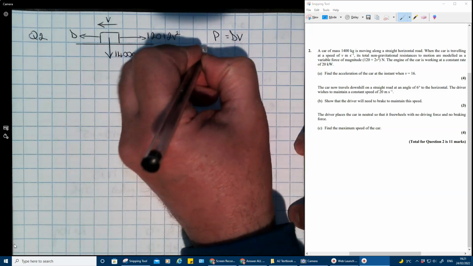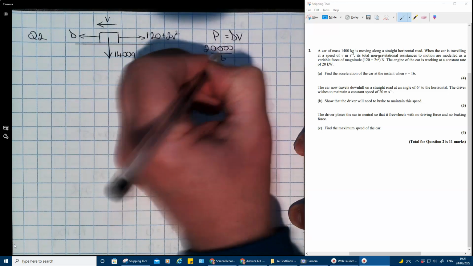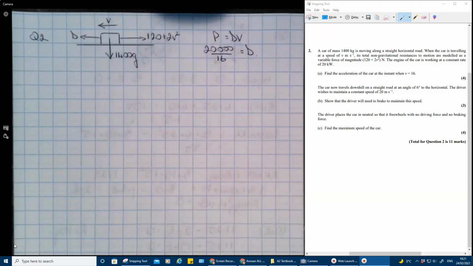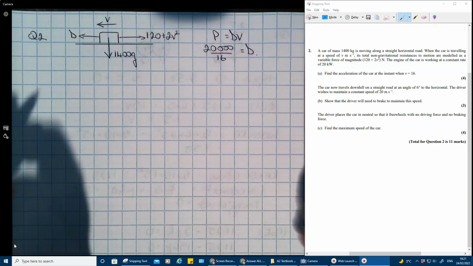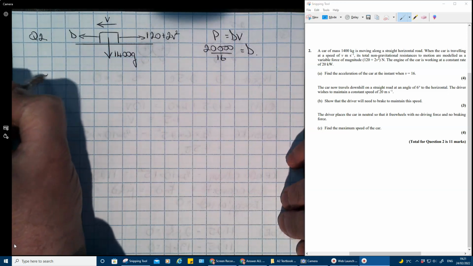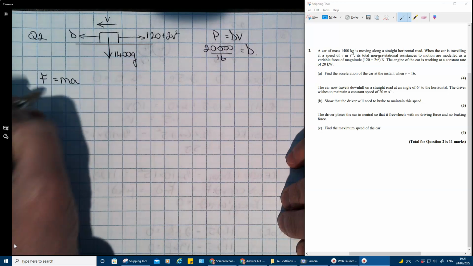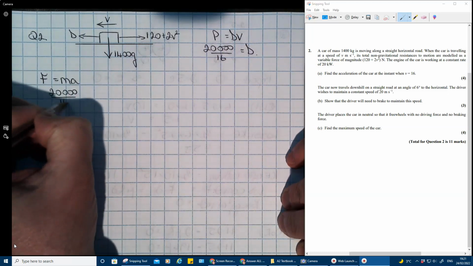So 20,000 over 16 will equal the driving force. 20,000 over 16, we'll leave it as that. So now we're going to do F equals ma. The driving force, which is 20,000 over 16,